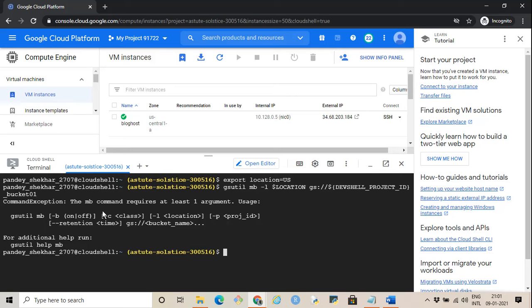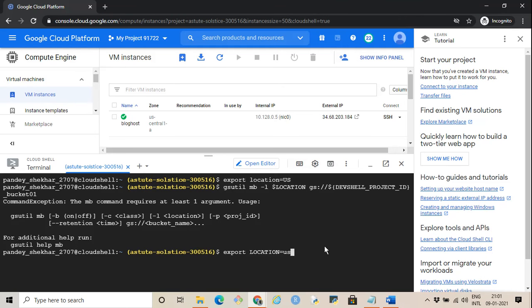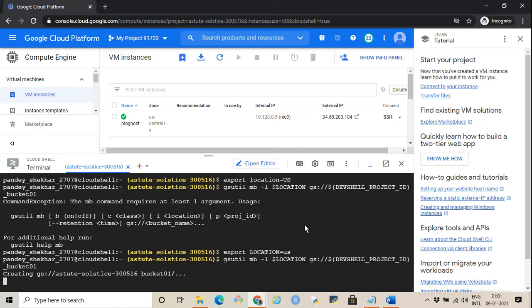Oh, looks like there is some issue with the command. Let me just quickly fix it up. The issue being that earlier I set the variable location in lowercase, whereas in the gsutil command I was giving it in uppercase. So let me set the uppercase variable also, and let's try to create the bucket again with the same command. So the bucket got created,